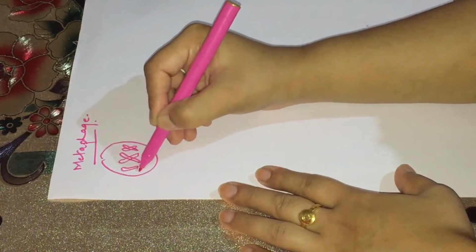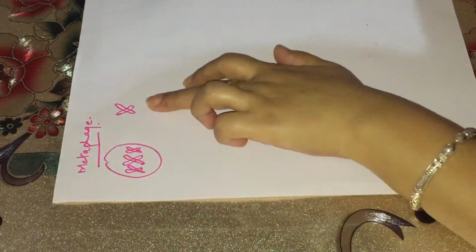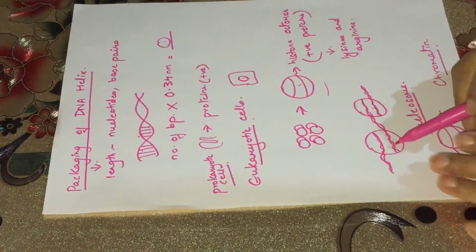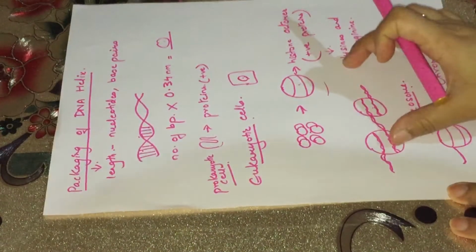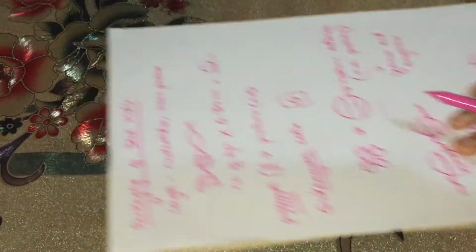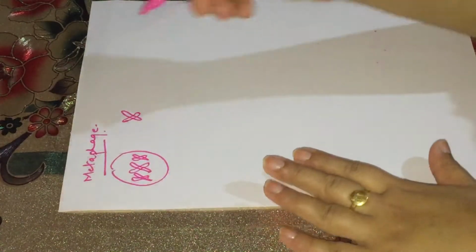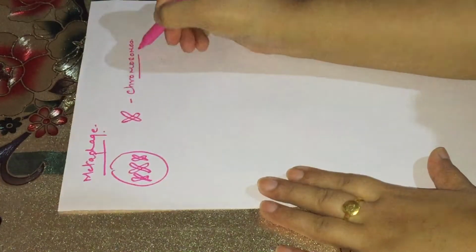This egg-shaped structure, you can see in the microscope. These structures are nothing but highly condensed chromatin fiber. This chromatin is very long. I'm drawing only two, there are so many. During the cell division cycle, this chromatin fiber further condenses and forms egg-shaped structures, which are then called chromosomes.